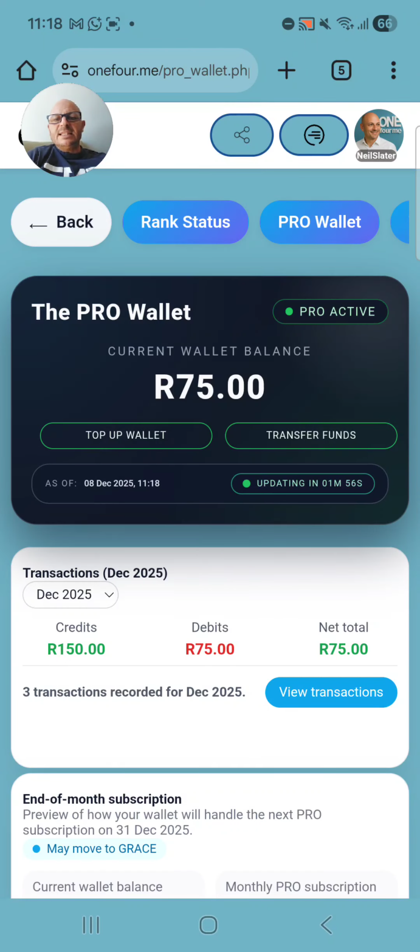More details takes me straight into my wallet, and there you can see that money is available in my wallet right there, my current wallet balance. So there we go. Isn't that cool? And this is so awesome because you can now help someone.